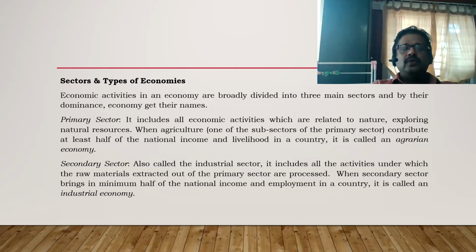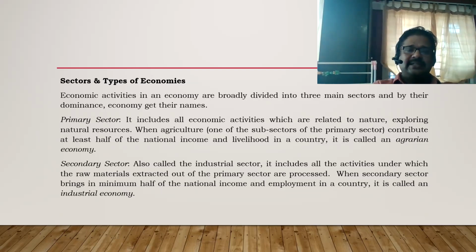Okay, so any activity which processes the raw materials extracted from the primary sector is known as secondary sector. And when in an economy, the secondary sector contributes more to the national income and employment of the country,